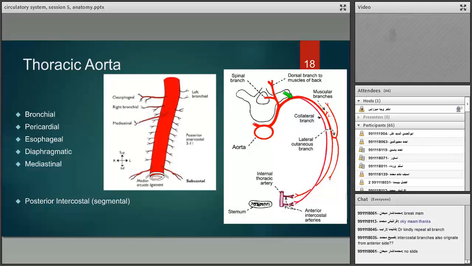At the time that the posterior intercostal artery is deriving from the aorta, it sends a branch to the posterior side with the name of dorsal branch to muscles of the back. This branch is supplying the blood